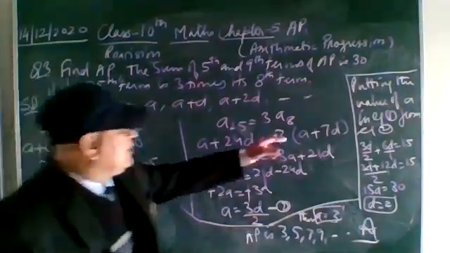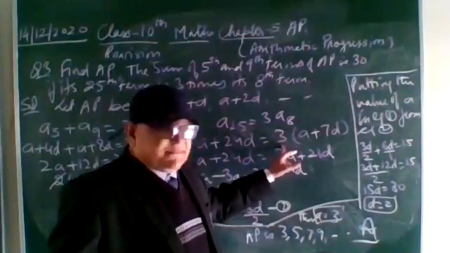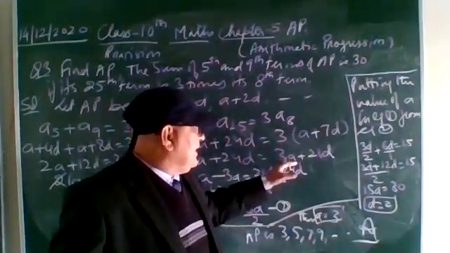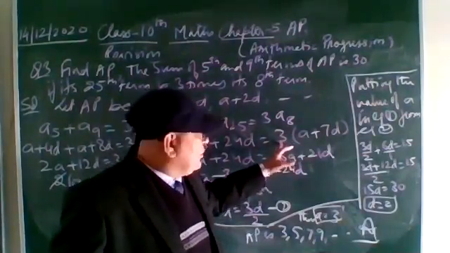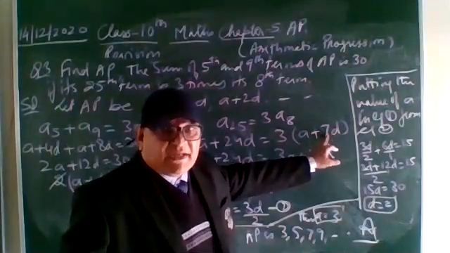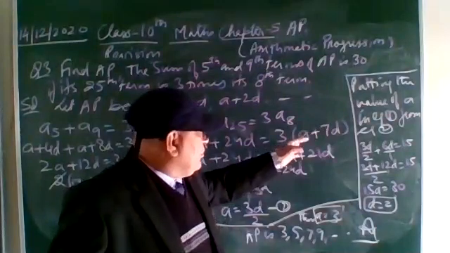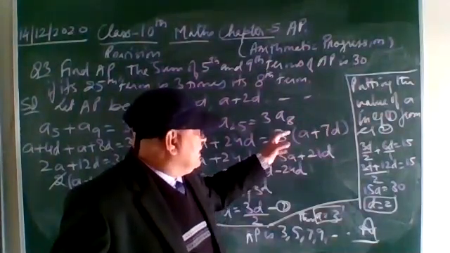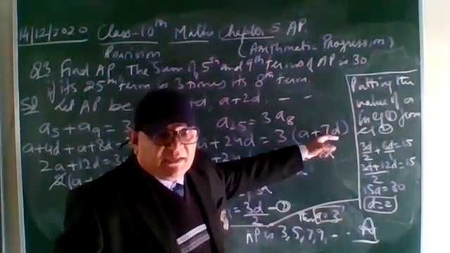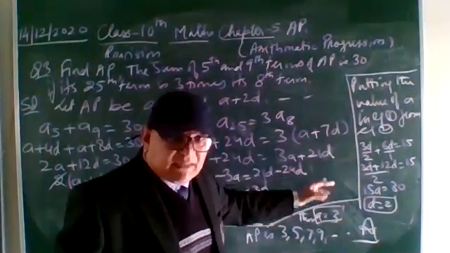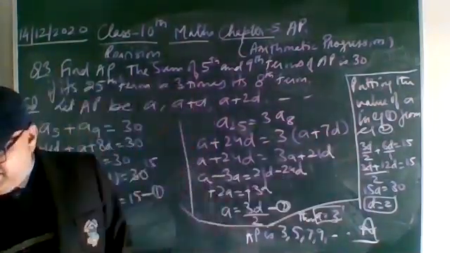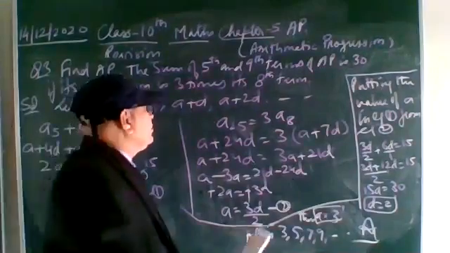Please see that here when we are multiplying 3 into A plus 7, 3A plus 21. If you are not multiplying that, the mistake I did two or three minutes before in the class, that is, 3 into 7 I had not multiplied. You have to multiply it and then you will get the equation and you will get the answer.